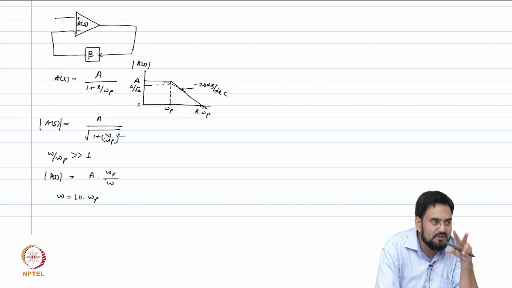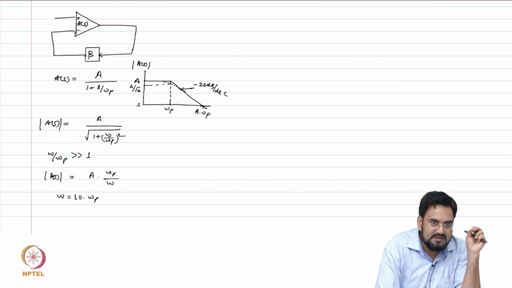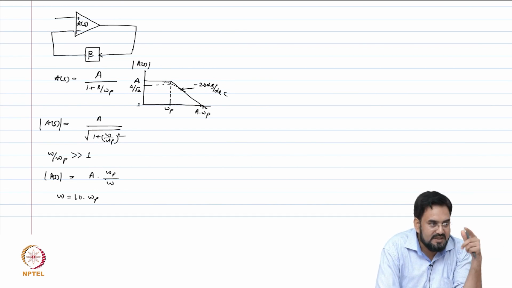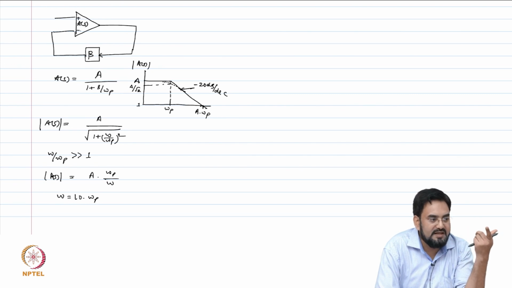So there are two differences here. When you are analyzing by looking at the pole location, whether it's a left half plane or right half plane, you are actually looking at the closed loop system. And when you analyze it in terms of phase margin, gain margin, then you basically do it for your loop gain A beta. Since analyzing a closed loop system is more complicated, that's why we always analyze this A beta or loop gain, because it simplifies everything.